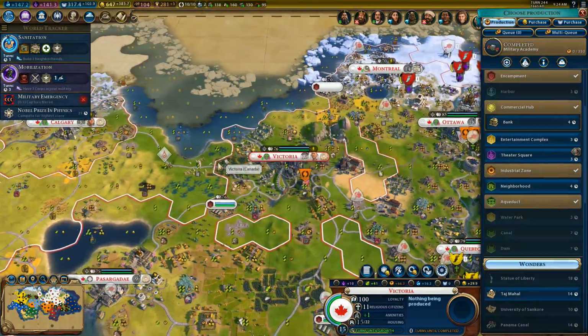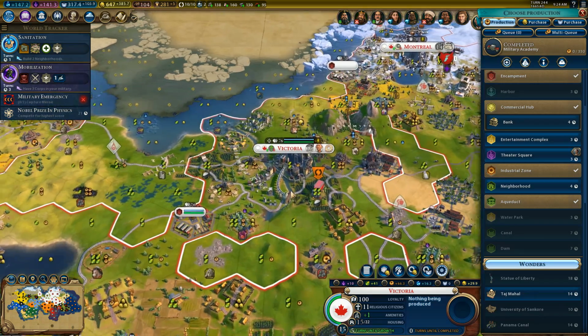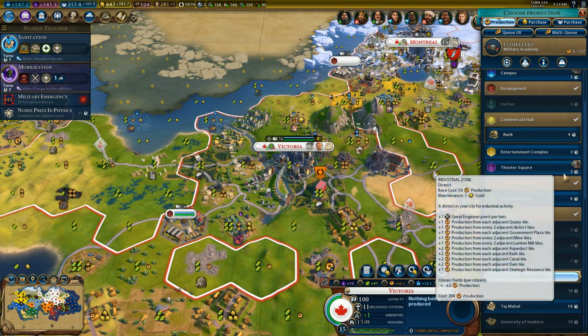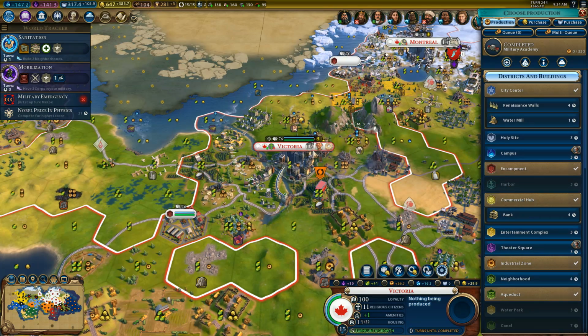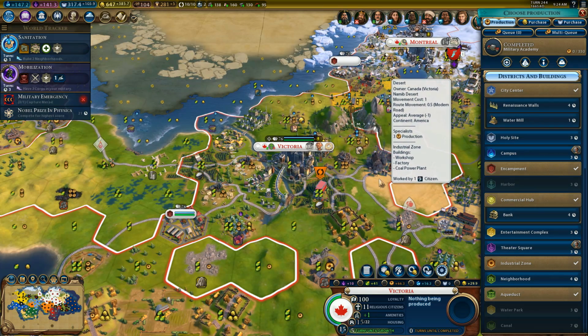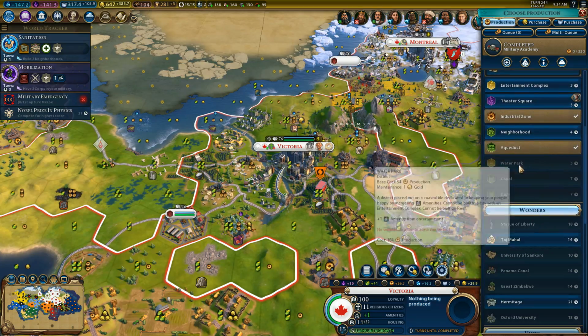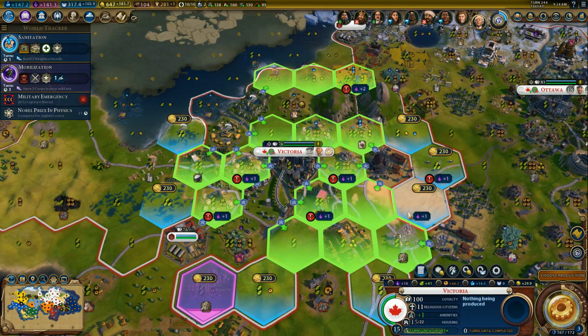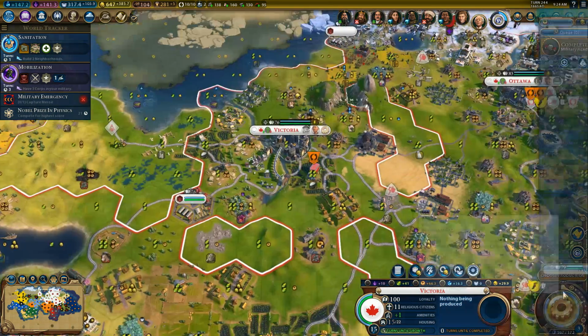Very good. What next for production? All right, so we just constructed the military academy in Victoria. Housing is good. Amenities are good. We've pretty much maximized our city potential with a population of 15. We don't really need much more. And I want to save some districts for when we get the aerodrome, so I don't even know if I want to go for the theater square. I can't really get a good theater square anywhere. And we're not really going for...